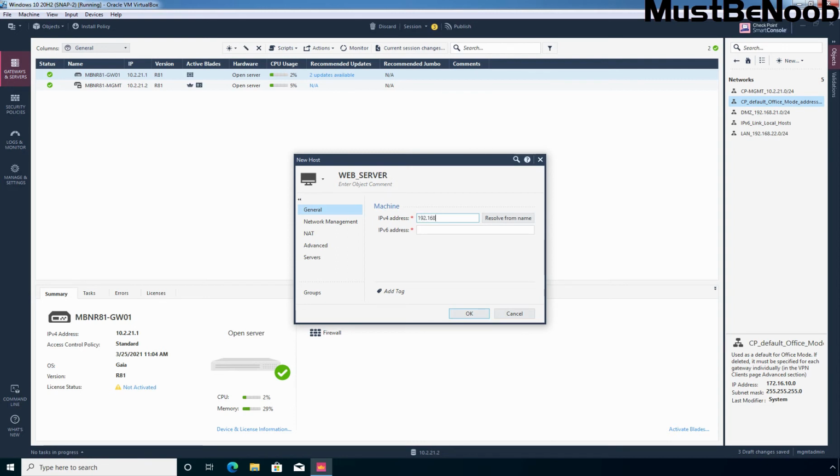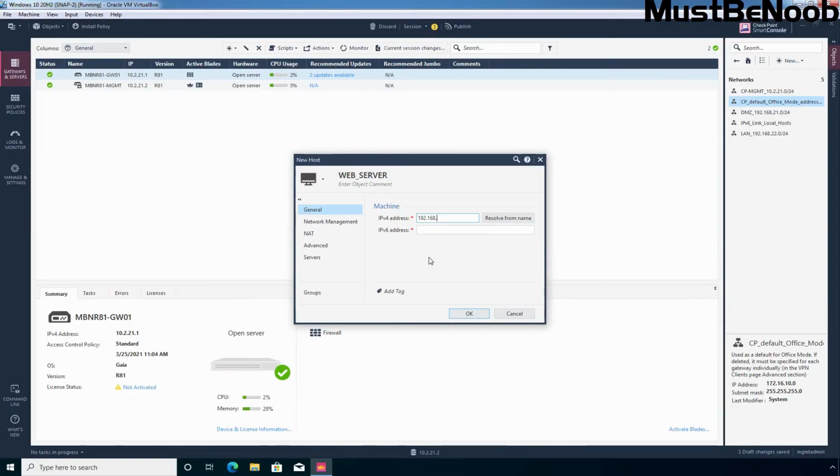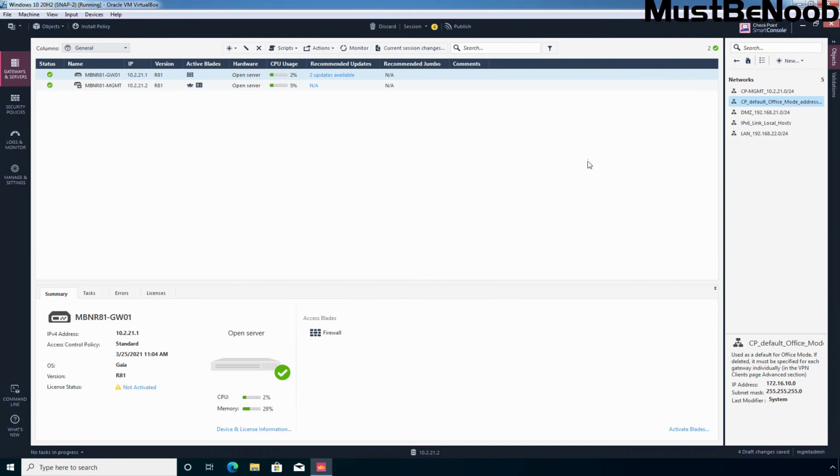I have placed that server in our DMZ, so the IP address is going to be 192.168.21.5. Okay, now we simply need to click on this OK button to create this object. Perfect. Let's go back and click on Host. Here we can see the newly created host, a web server.